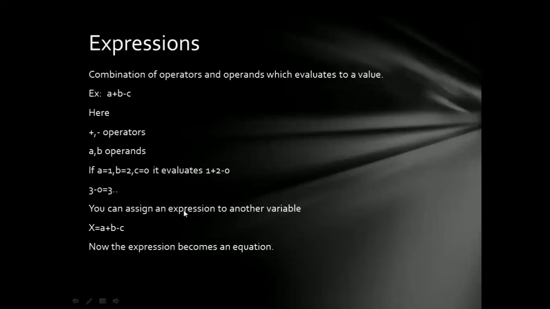You can assign this expression to another variable, where in memory the result of this expression will get assigned to this variable x. For example, in this case 3 gets assigned to x. After this, when you try to print x, it prints 3. This is also called an equation in your mathematical terms. Right? You have a left hand side and right hand side, and right hand side evaluates to a value, and that value is assigned to the left hand side L value, which is a variable. It cannot happen the reverse. You cannot give A plus B minus C is equal to x.